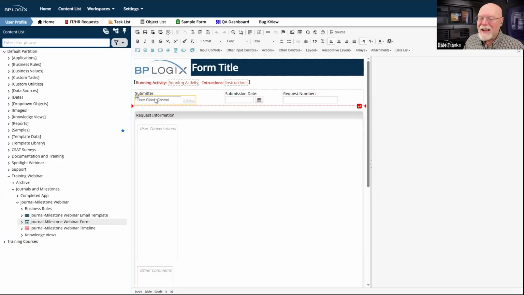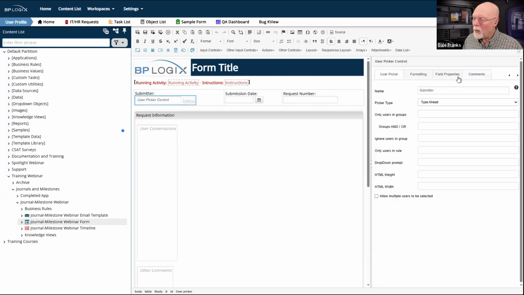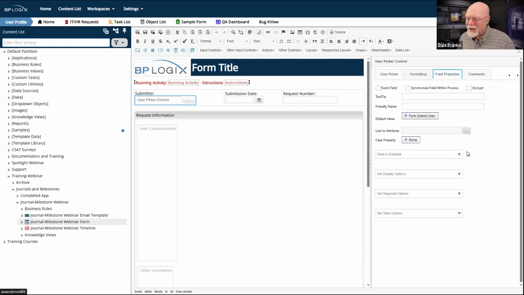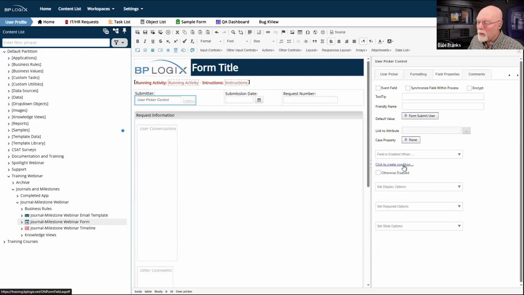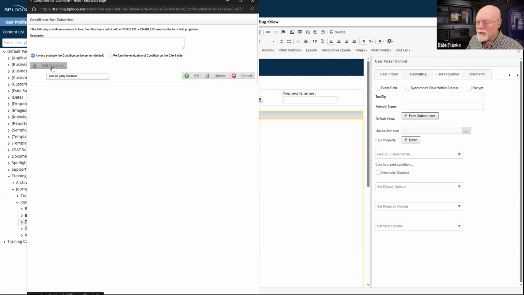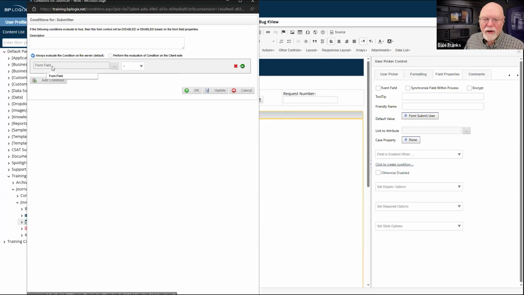So fine. Let's just take these 3 controls here. So we'll have to do them one control at a time. A little tedious, but we'll do it here. So we will change this to field is enabled when, and because these are automatically disabled fields, we don't have to go through all 3 of these.